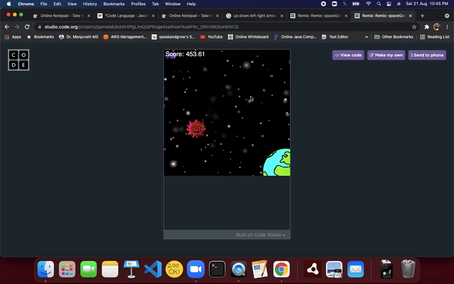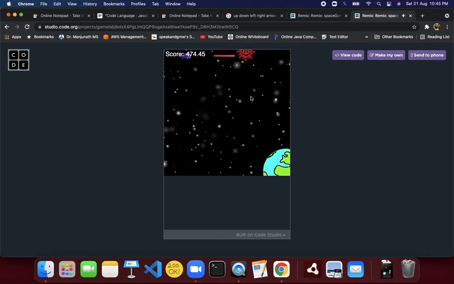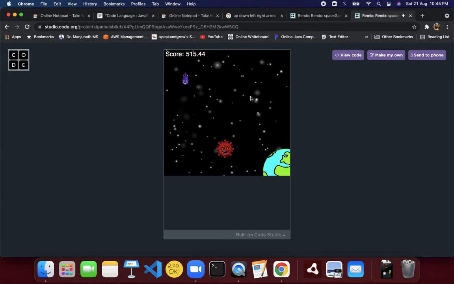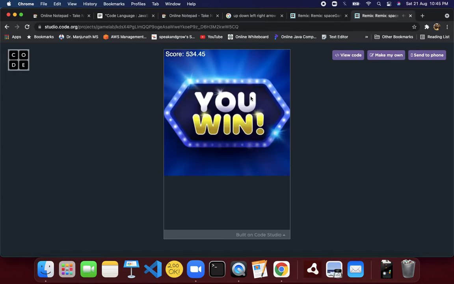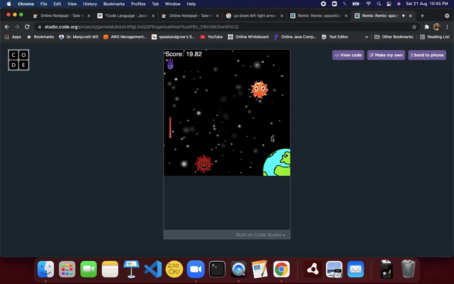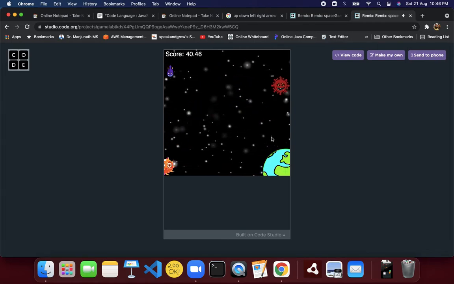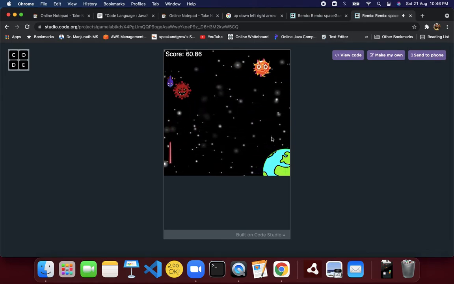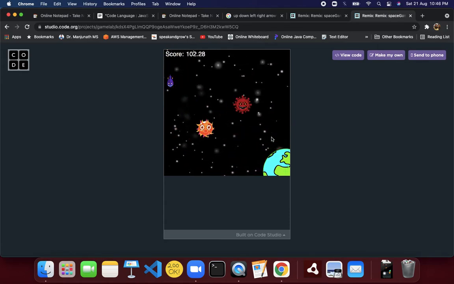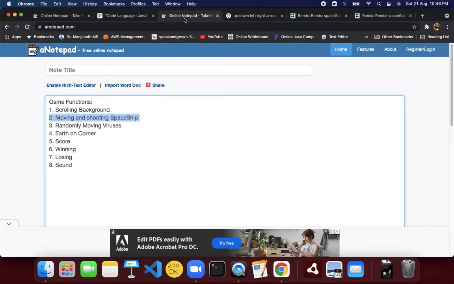You should be able to see a purple spaceship. I somehow accidentally won. Anyways, let us get started again. Do you see the spaceship is not only moving, it is also shooting lasers? This is something that we need to build.